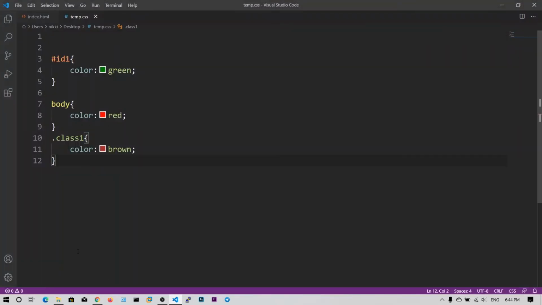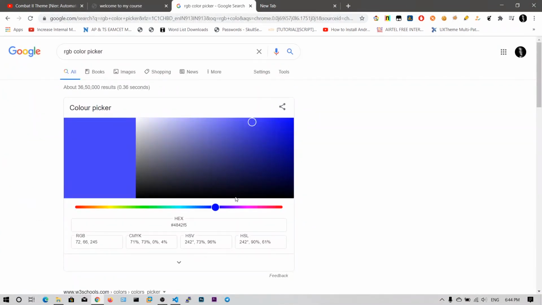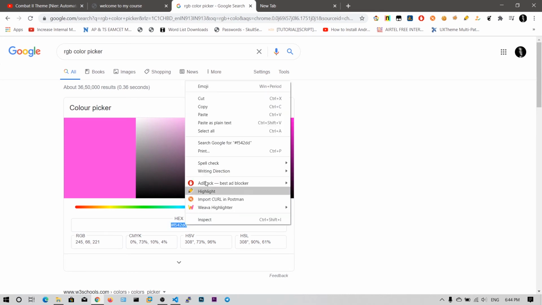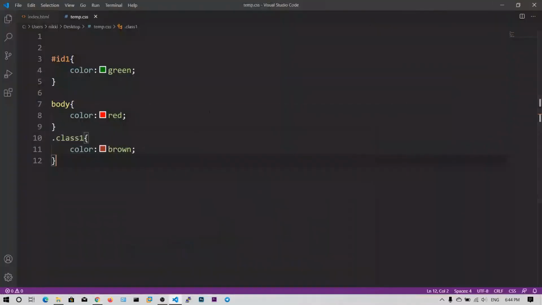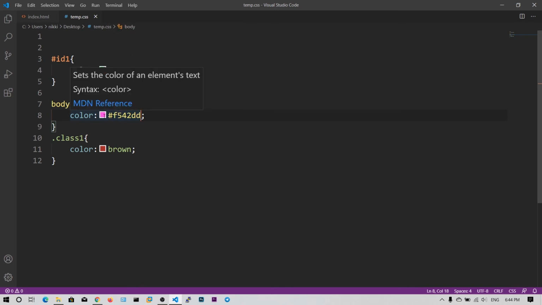Another way to add colors is to use the RGB color picker. I selected pink, so you can add this hexadecimal value into your CSS code. If I say body instead of red, Visual Studio Code automatically identified the pink color.